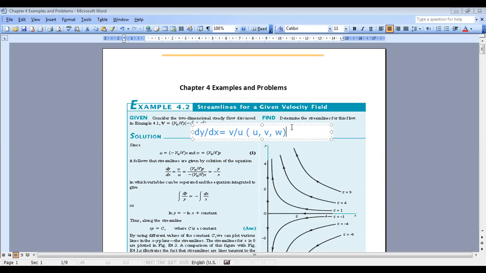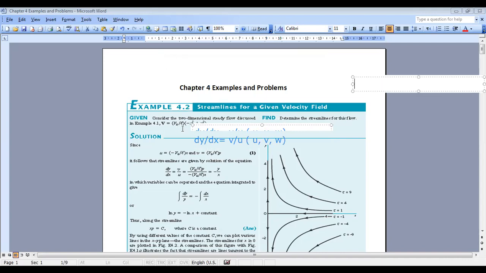And to find the streamline, by definition, as we said, the streamline is the line that is tangent to the velocity vectors. So we can say that the slope of the streamline, dy by dx, is equal to the slope of the velocity, which is v over u. Okay, so for example, in this problem, the velocity vector is given by V0 over L times (minus x i plus y j). Okay, so if I want to apply here, I have that dy over dx